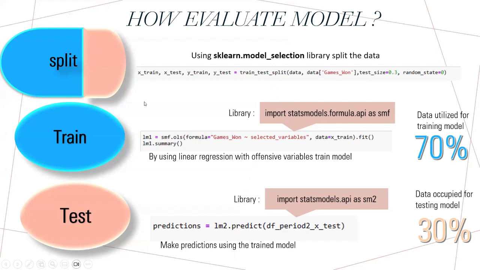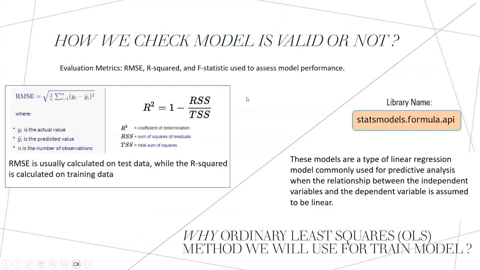splitting the dataset. In order to train our data, we will use the linear regression method, which is quite a popular tool. Why are we going with this ordinary least squares, also called the linear regression method? Because it's commonly used for predictive analysis, and our main aim is similar: to predict how many games are won by a particular team using the given variables. In order to check our model with statistics, we decided on mainly two criteria: RMSE